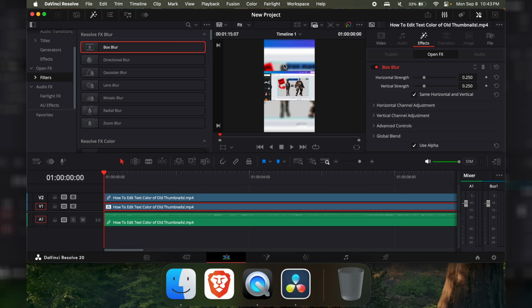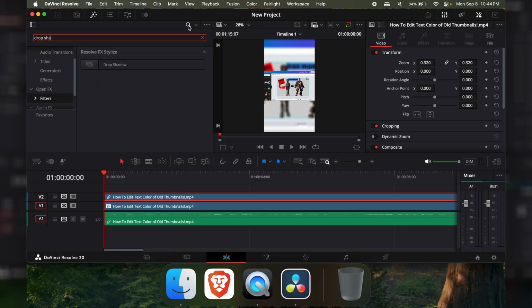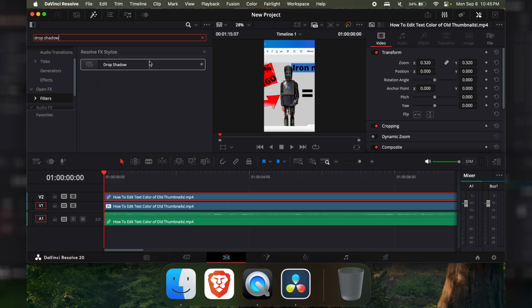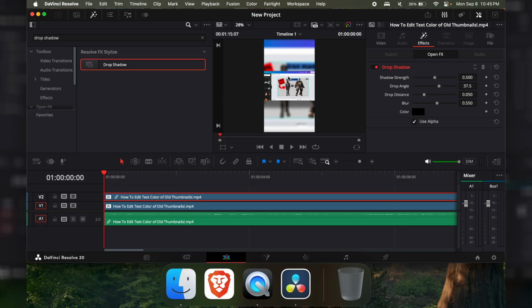Okay, I think that effect's good, but now I want to add a bit of a shadow around this clip. So let's make sure we're clicked on the V2 track, which is in front of the V1. And there's a search tool we can use to look up drop shadow. There it is, I didn't even have to finish typing it in. You can also add it to your favorites if you want, and then it'll just be right there for you. Now we click and drag onto the V2 clip, and I want it to be around both sides, so we